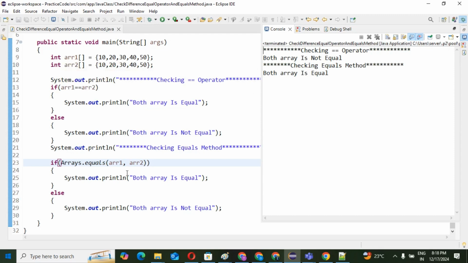That is the main concept behind this implementation. So this is how we check the double equal operator and the equals method. I hope you understood. This is a very simple and conceptual logic, and we should definitely know this concept.